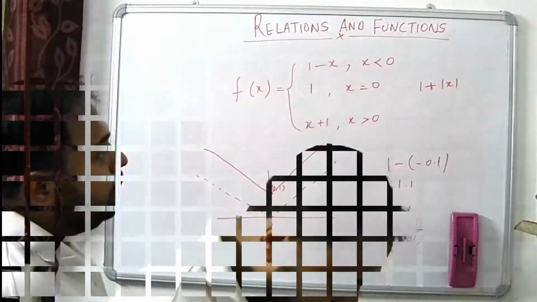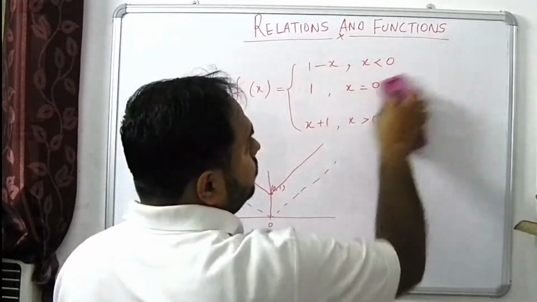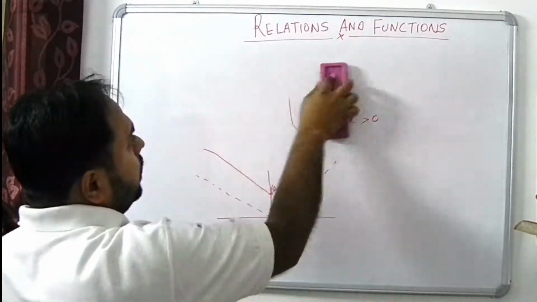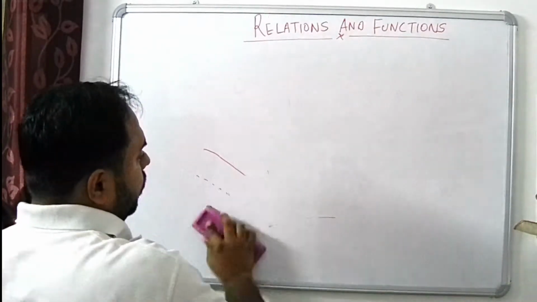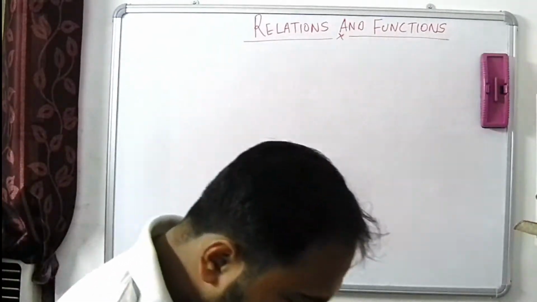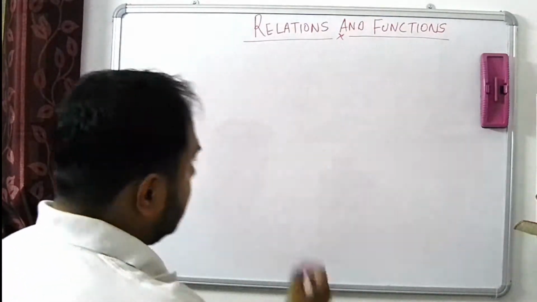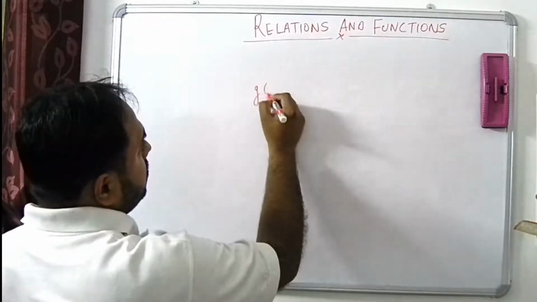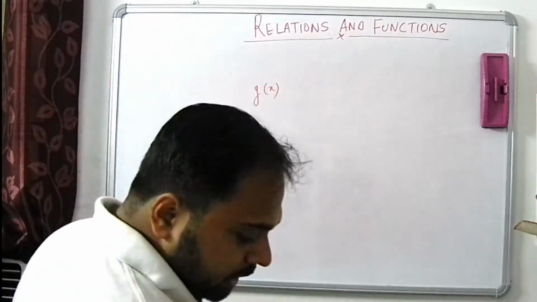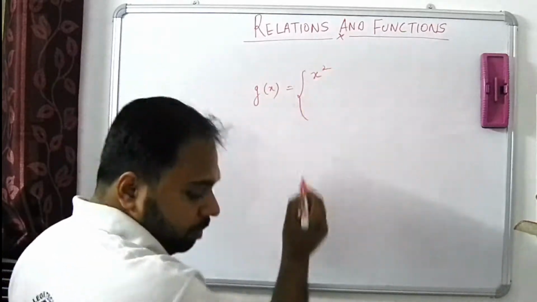These are the few problems that are there in the NCERT. In addition, let me just see if there are some good problems to be solved which are not almost solved. So suppose they have given this g(x), and they are saying g(x) is equal to x square,